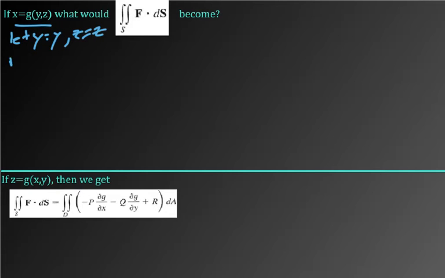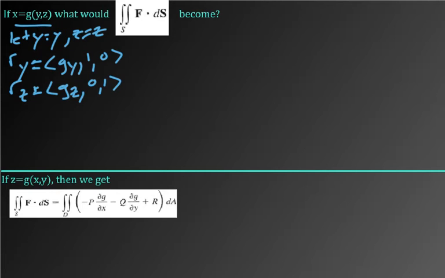And in that case, okay, if we just go through it, you would have r with respect to y, sorry. And that would be g with respect to y, and then 1 and 0. And then r with respect to z would be g with respect to z, and then 0 and a 1. And so if you do the cross product,